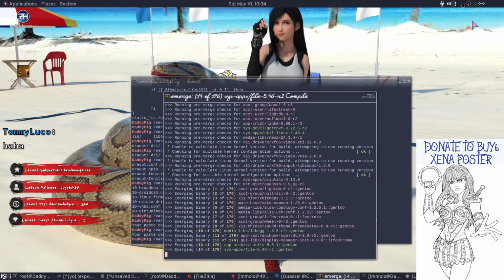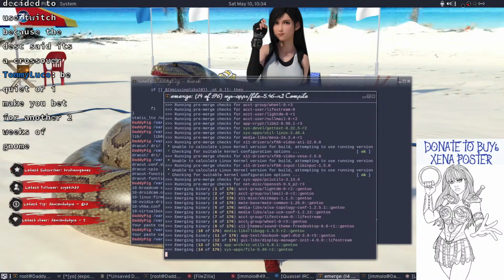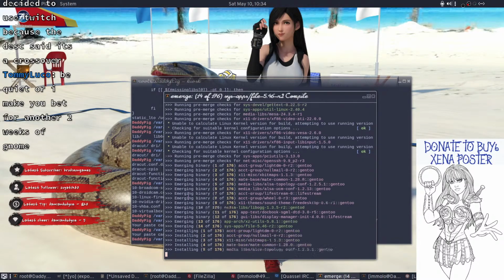There we go. This is going to update with all the new packages. The ones in the pinky colour mean I've got a binary already installed for them. The ones in green mean I'm really going to emerge them. Actually, it does say emerge binary, so